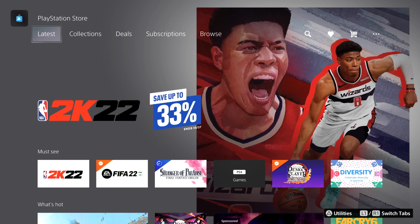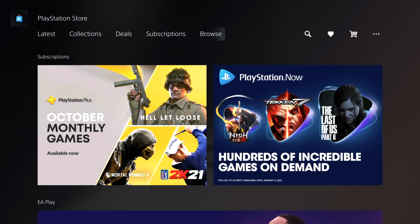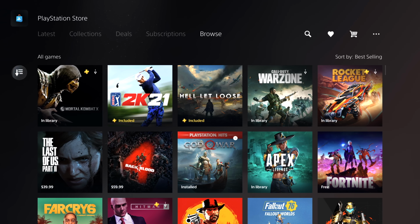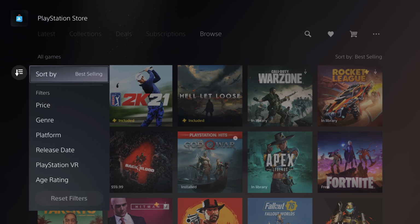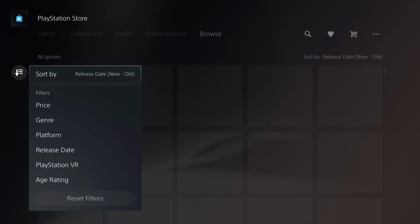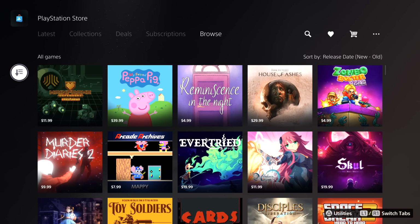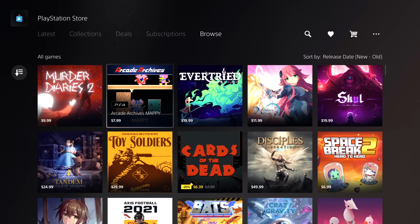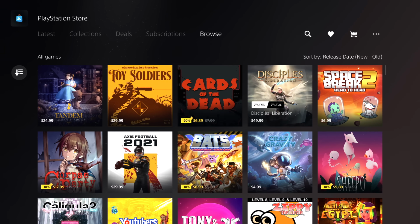So instead of scrolling from left all the way to right, tabbing over four or five times past deals, collections, and then to browse, and that's where you can sort from recent or not recent or a bunch of filters, right? That's usually what you had to do to see that true chronological list of brand new games, because almost always when you boot up the store on, and this has been a problem since PS3, right? PS3, 4, 5, since the PS3's last major redesign of the PS Store, so it's that